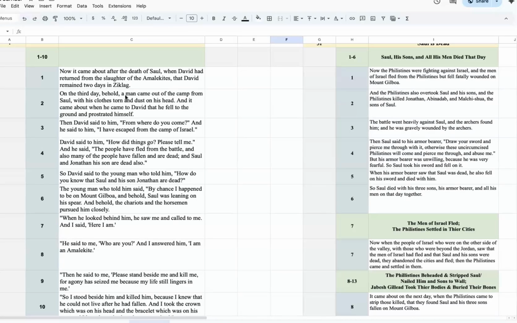I think the how is pretty apparent. As far as the Amalekite says, he came from the camp of Israel or the camp of Saul. They escaped from there. Why and how? There's a why question here that I've been thinking on. So why did the Amalekite